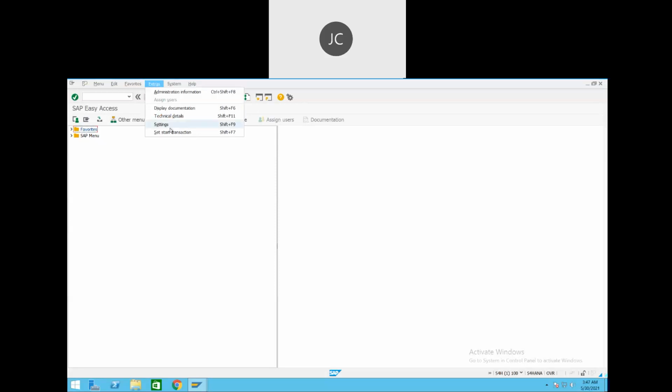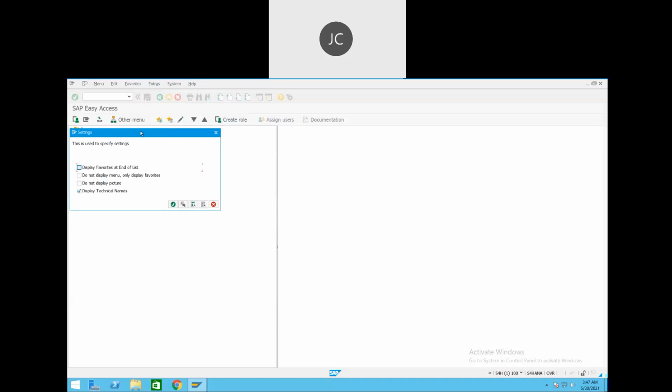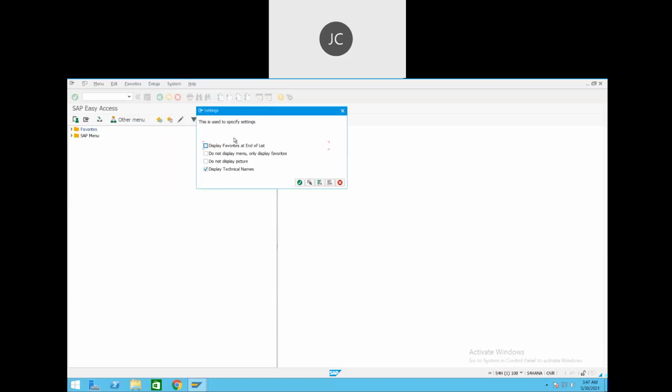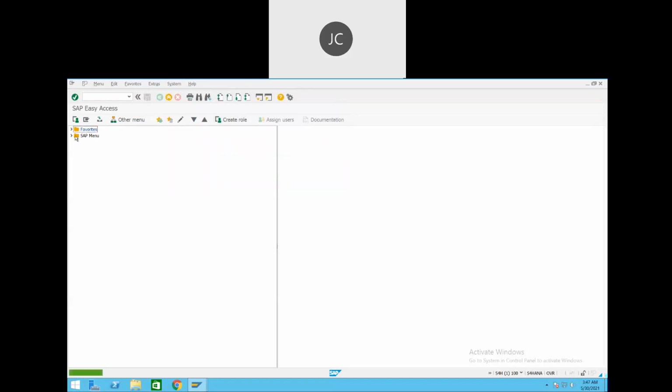One I was telling about is particularly for the indie user, which Tirtha might be used to if he has tried. Otherwise, one more thing is there, like technical details here, right? Okay, let's go to settings here. Some options and check boxes are there, right? Display technical names, right? Let's first tell you what it means.